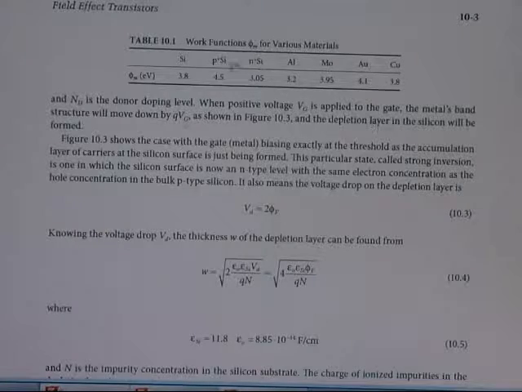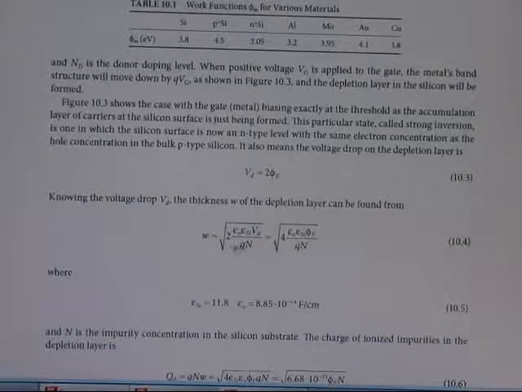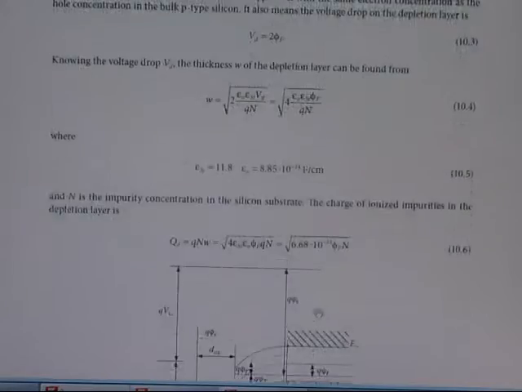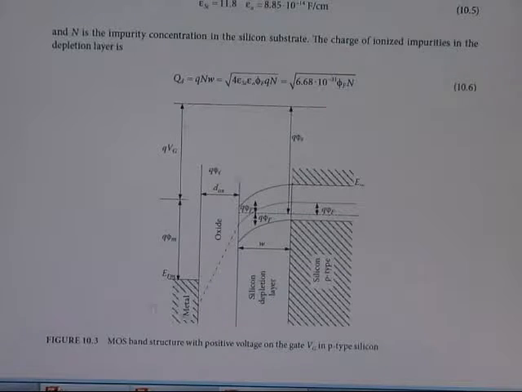So that way there is a work function of the metal oxide semiconductor. These are the equations that calculate the dimensions. And this is also the potential level of the metal oxide semiconductor.